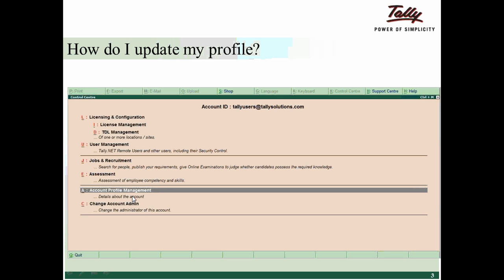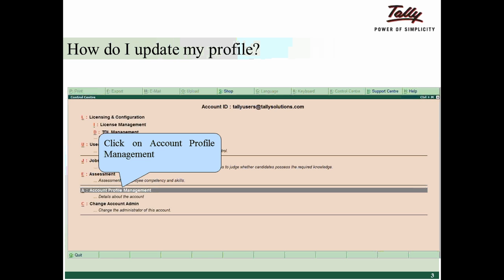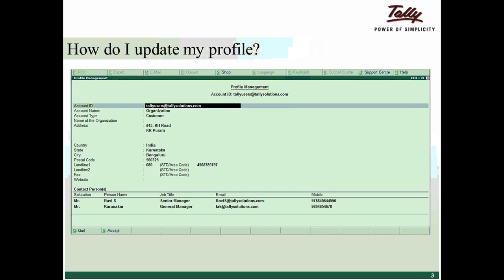Under that you have account profile management. That is the details about your account. You have to click on account profile management. Once you click on account profile management, you will find these options. Account ID is your email ID, account nature, organization or individual, account type, name of the organization,